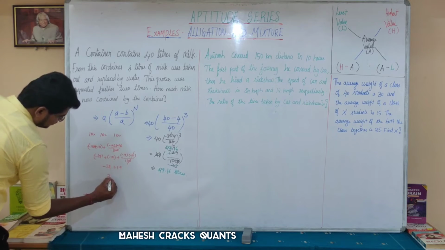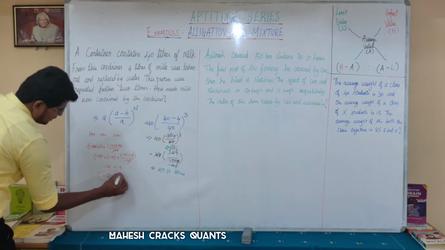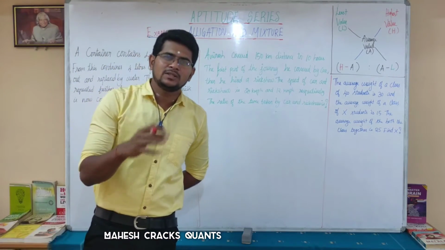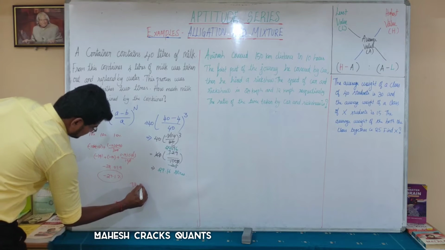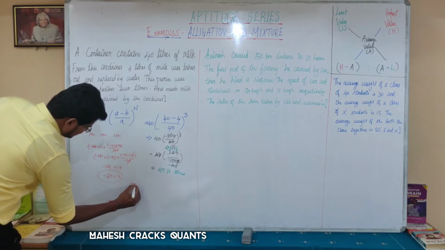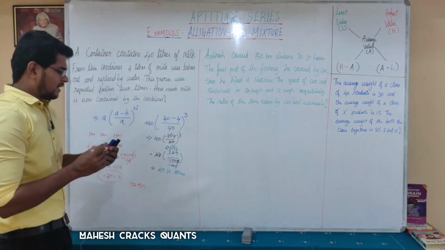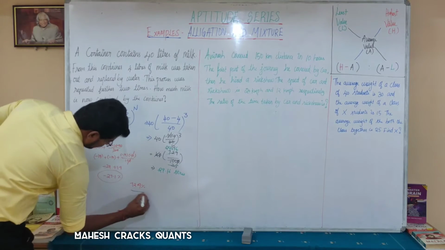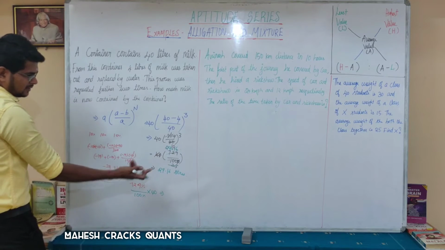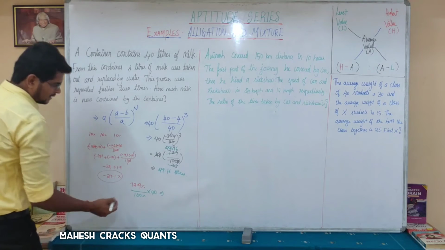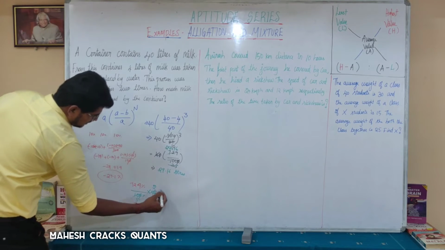What will you get? 27.1. So minus 27.1 percentage. If you are removing 27.1 percentage, what will you have? 72.9. So 72.9 percentage is what you have to find. You have the value for 100 percentage, which is 40 liters. Same thing like 729 by 1000 is nothing but 72.9 by 100. 0, 0, 2 times, 5 times. So multiplying this.